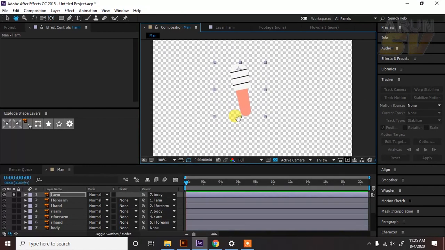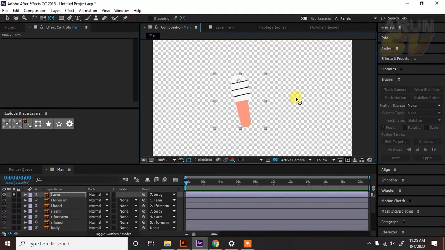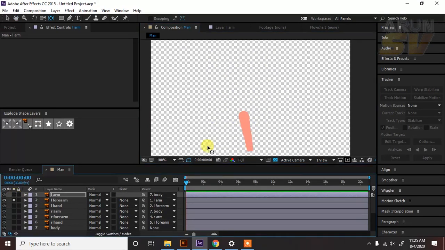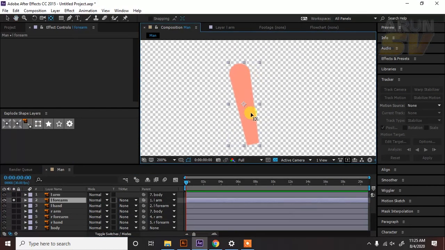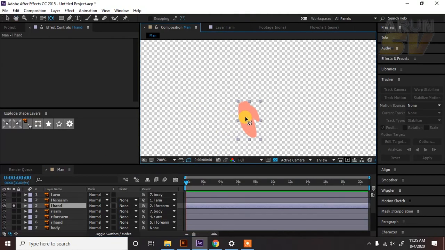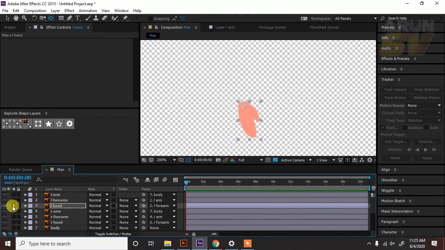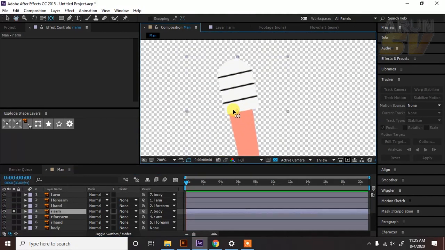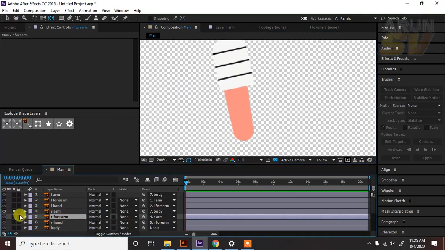This gives smooth rotation on the joints. Then forearm, then the hand, right arm, right forearm.